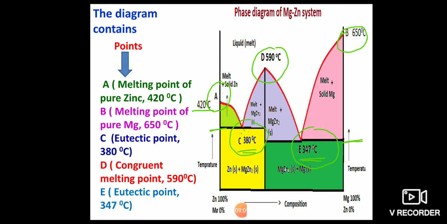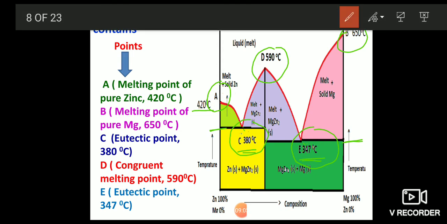So you have to keep in mind this while drawing the graph. And apart from this, we have areas above A, C, D, E, B. So this is the area. And below AC curve, the green area. Below CDE curve, we have light blue area, light purple area. And below BE curve, we have light pink area.